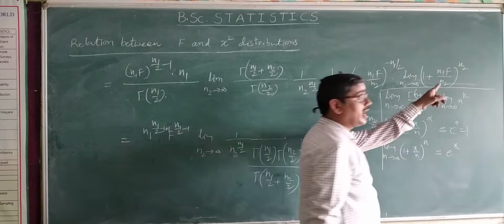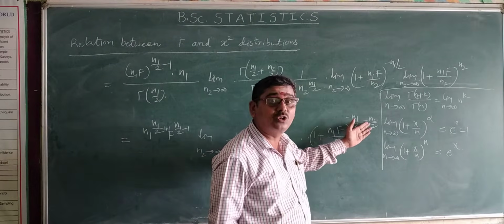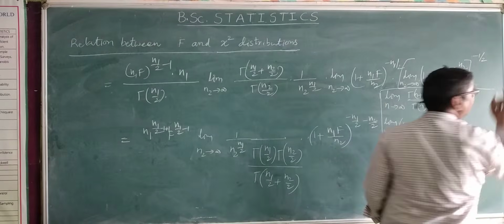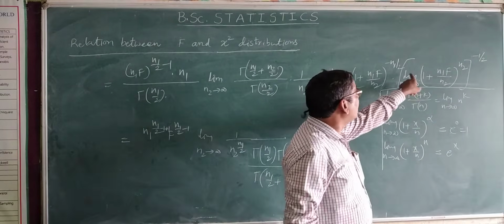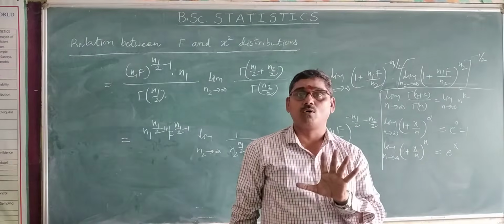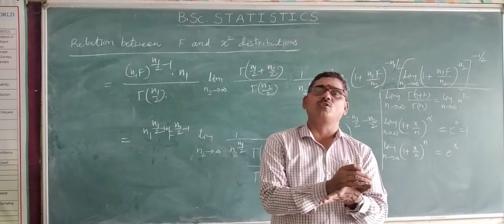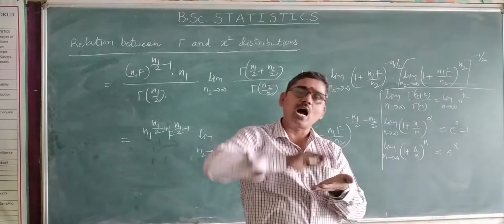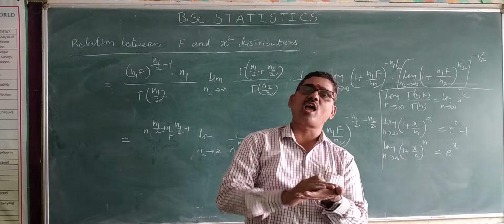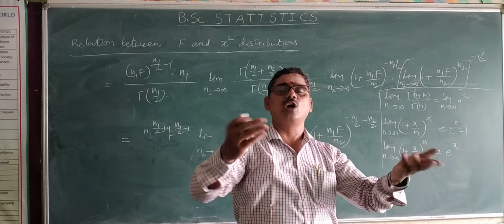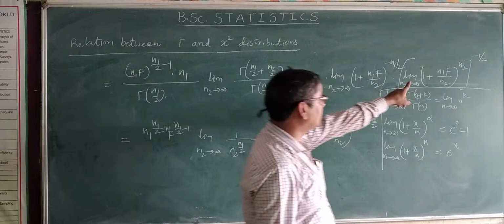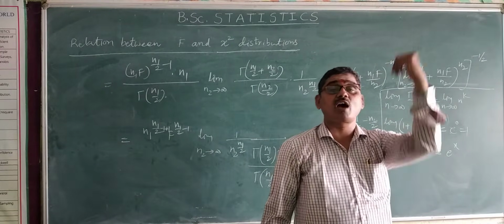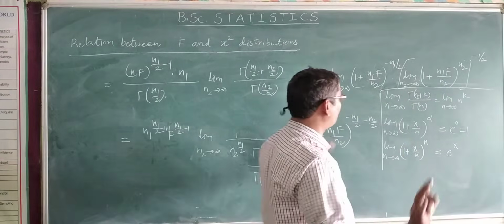What I am writing is whole power n2, but what about the remaining whole power minus n2 by 2? So I am writing it as whole power minus 1 by 2. Don't think otherwise: I am considering the limit, then for the value obtained after applying the limit as n2 tends to infinity, I take the power minus 1 by 2. I don't mean the limit whole power minus 1 by 2. Hope you understand.